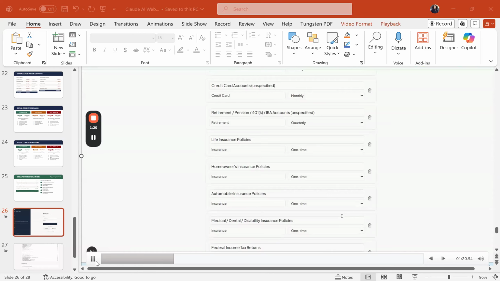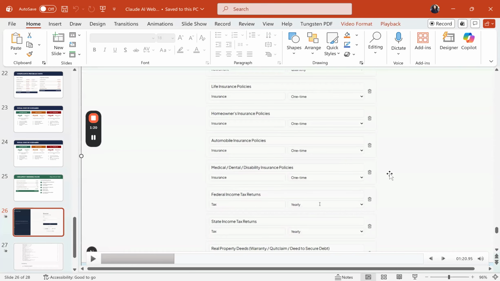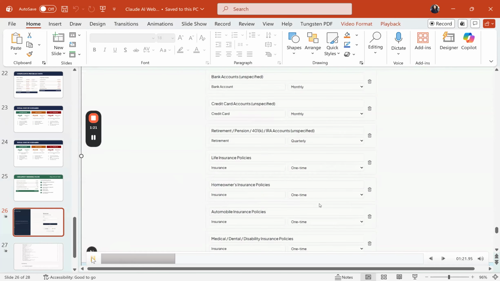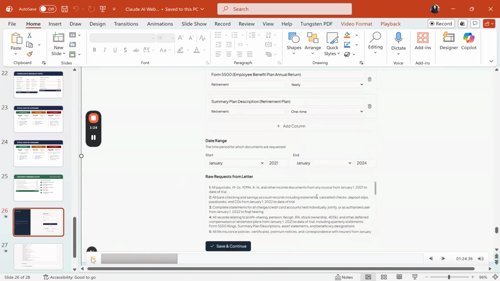So it has now uploaded the request for production of documents, and it has parsed out what was requested, and you can see all of the different categories, and you can change the cadence if it got it wrong. So, for example, automobile insurance policies, that's going to be a one-time thing. Tax returns, that's yearly. So you can see that it coded it correctly, but you can change it if it somehow is incorrect. And then you can see here at the bottom, these are the requests from the letter. So when you're uploading it, you can just upload the straight request. You can take off the header if you want to, and that way the system has zero access to any